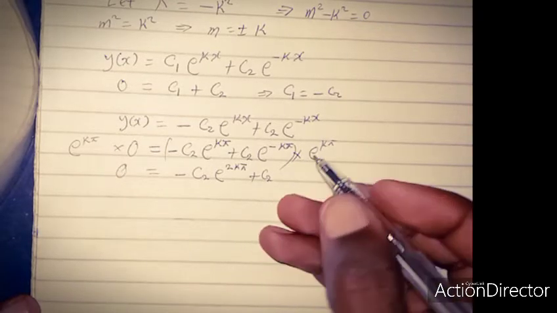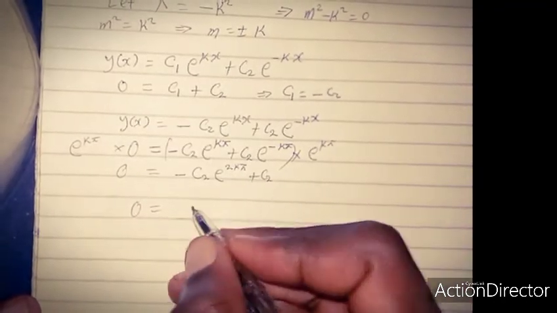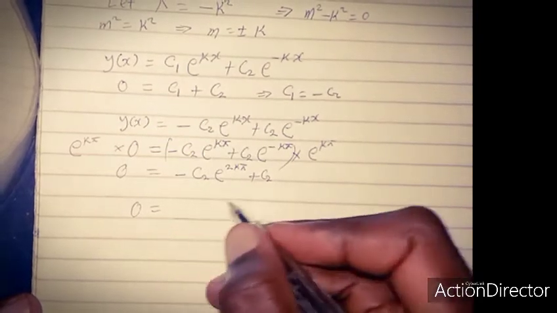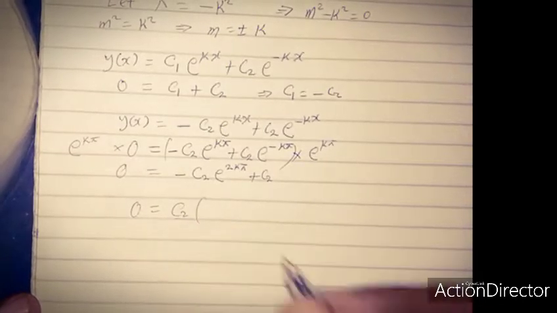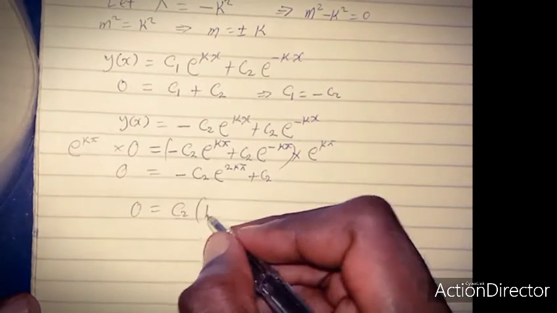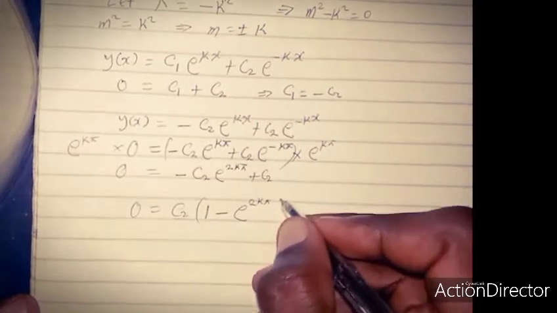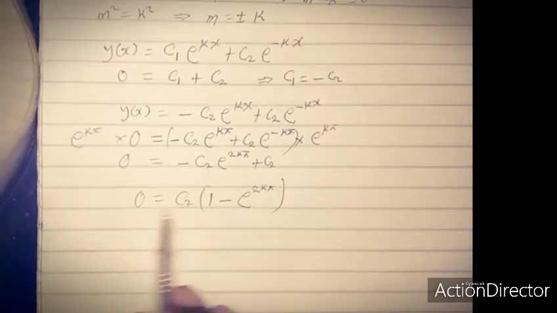So from here we will see that 0 equals, now c2 is common, I can decide to factor out c2. So I will say that c2 into bracket, this is 1 and this is minus e^(2kπ). Now we can see that in these two